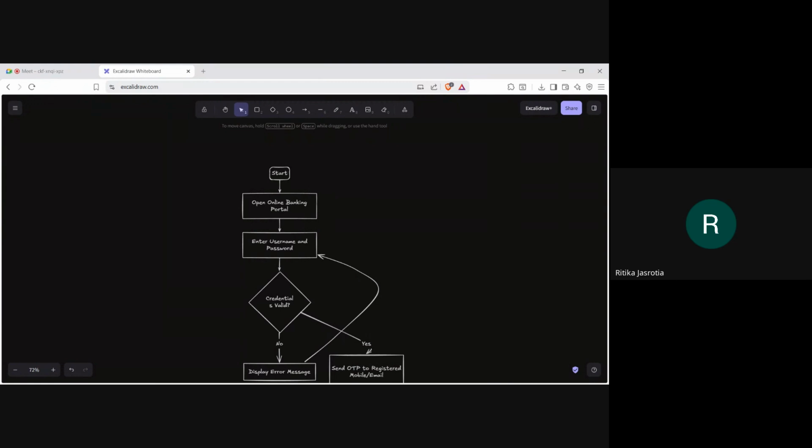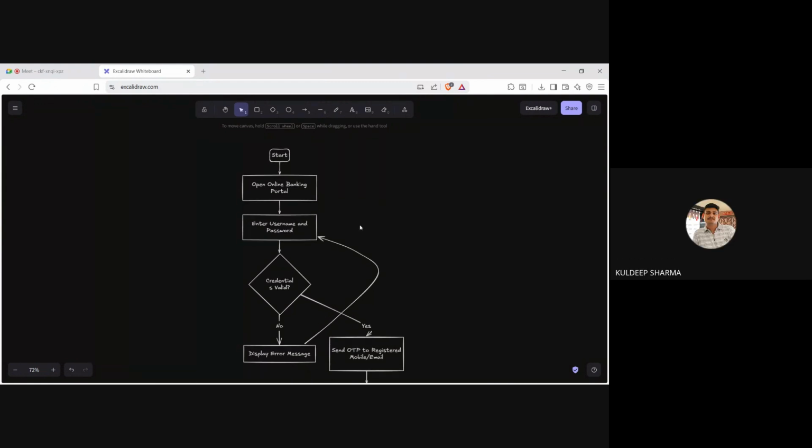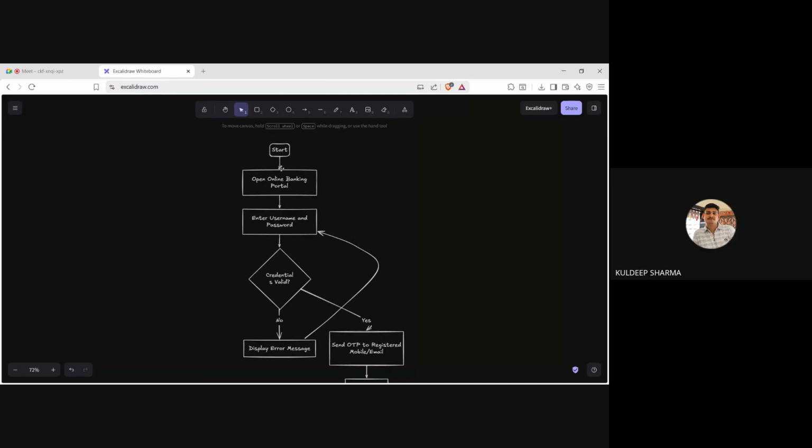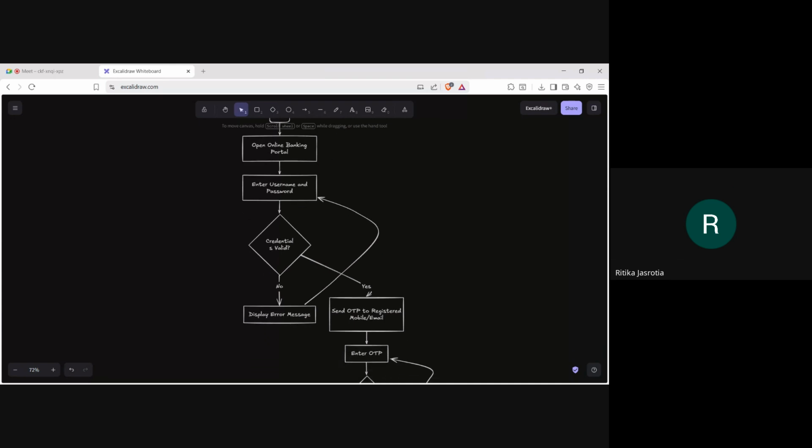Yes, yes. So here it is. Start, then open banking portal. Start should not be that way. The hollow circle should be a filled circle. Yes, ma'am. This one. Yes, a black circle should be there. So, ma'am, open online banking portal. Enter username and password.